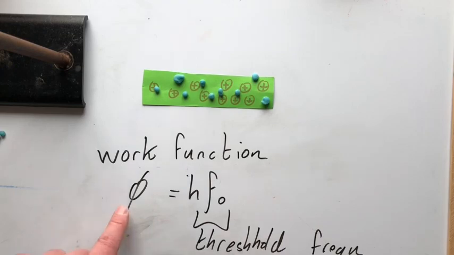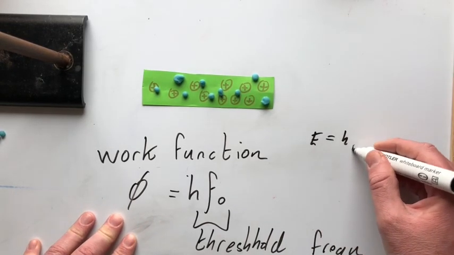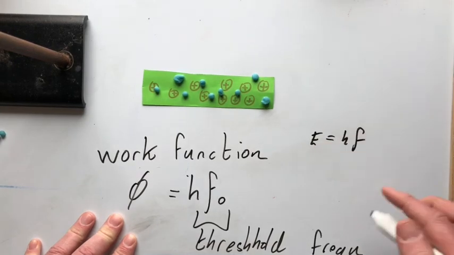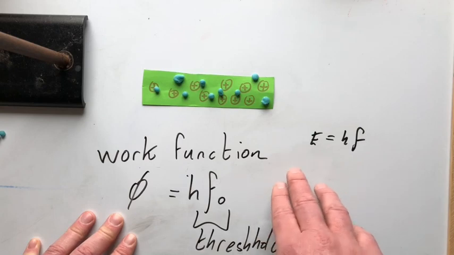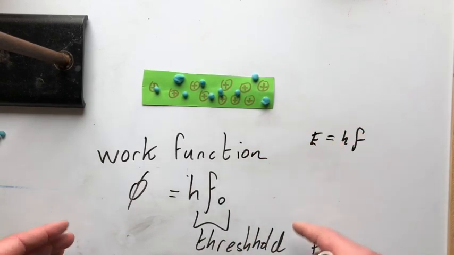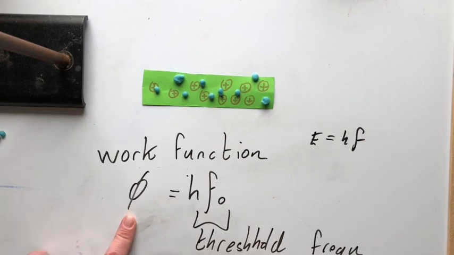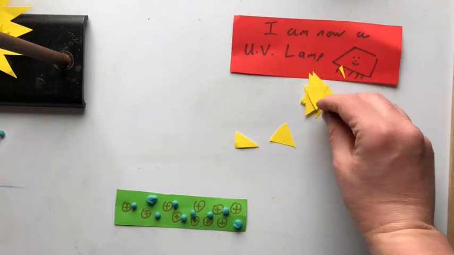So one more time. Each photon will have an energy given by Planck's constant times the frequency of the light that emitted it. For electrons to escape from the metal, that frequency, and the energy of each photon caused by the frequency, will have to be enough to make these electrons escape. That amount of energy is called the work function, and it's Planck's constant multiplied by the minimum frequency needed to make that happen. Okay, so the UV lamp, or any lamp, will give it a stream of these photons,